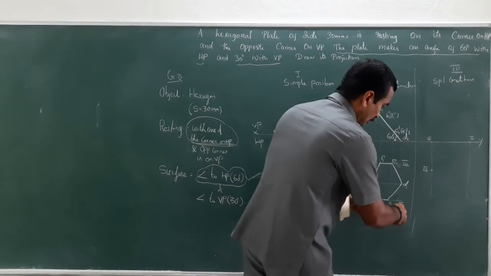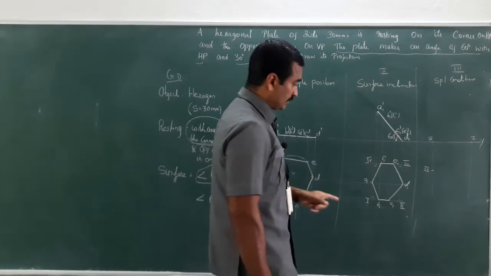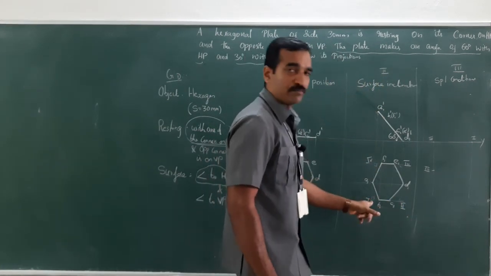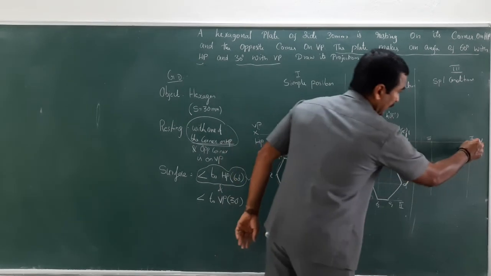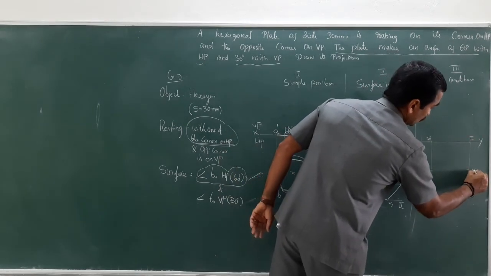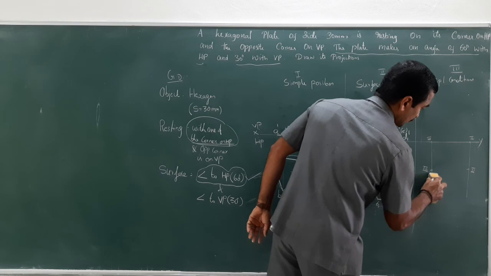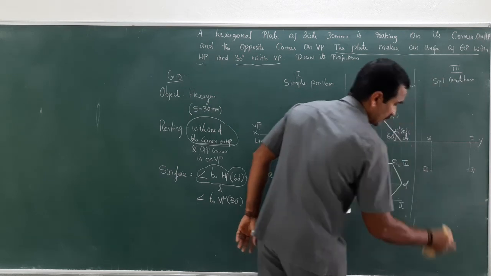Similarly, from 1 to 2, measure it, the 2 is opposite of the 1, right? From 1, cut an arc. This becomes 2. Now, this is the box. So, let me just connect this.